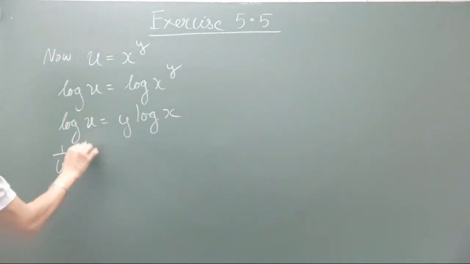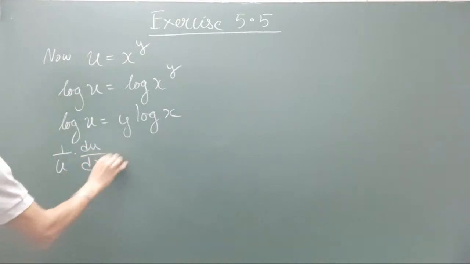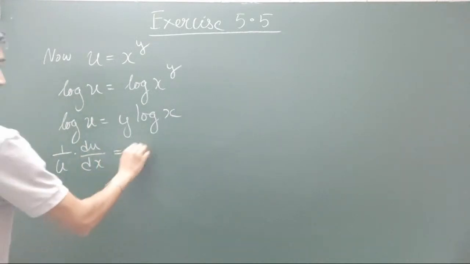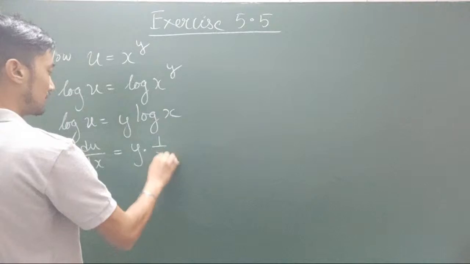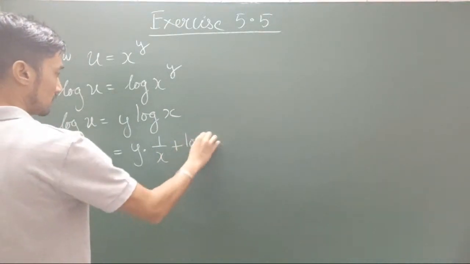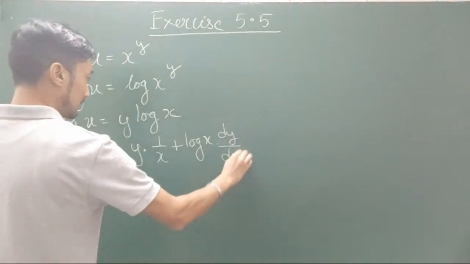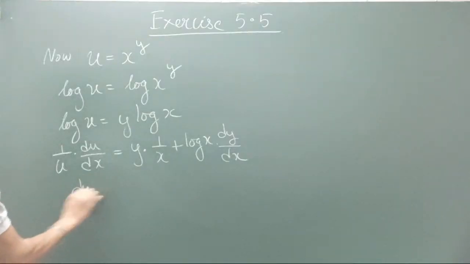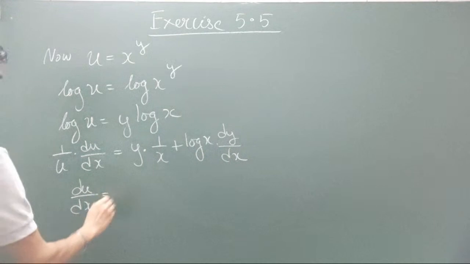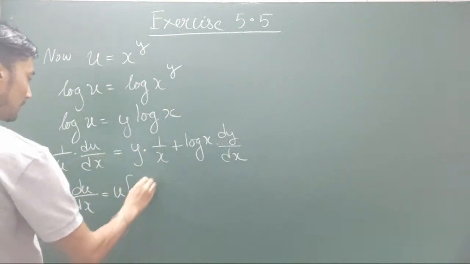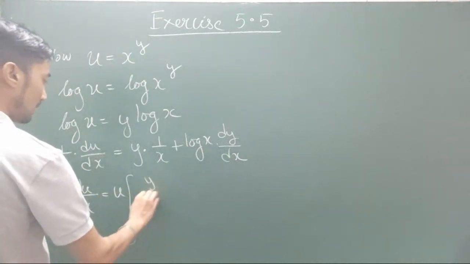Differentiating both sides, since we are already at the end of this exercise, I'm going to do it directly now. y into the differentiation of log x, which is 1 by x, plus log x into the differentiation of y, which is dy by dx. So 1 by u times du by dx is y by x